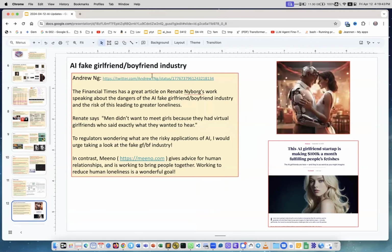Okay, this was a tweet by Andrew Ng, and this was about the fake girlfriend-boyfriend industry. So this is a little bit scary that people prefer